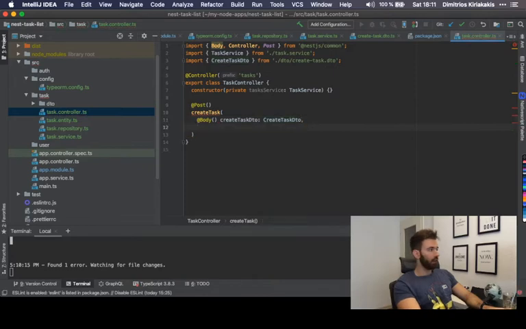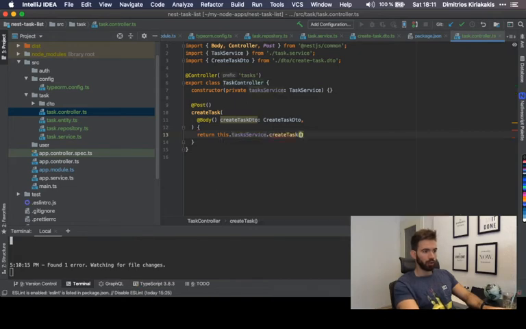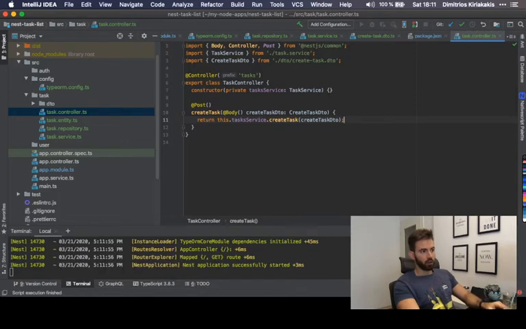Right? And then after that, we don't need anything else actually. After that, we can call the function, we can return the function of the service actually. Dot task service dot create task, and pass the create task DTO as a parameter, right? Yeah, beautiful. So next step is that, of course, I have created the task folder here, and I have some